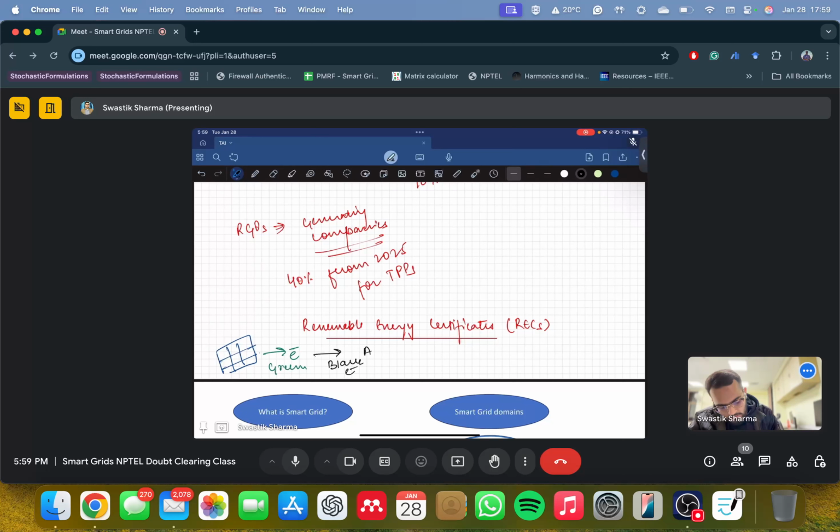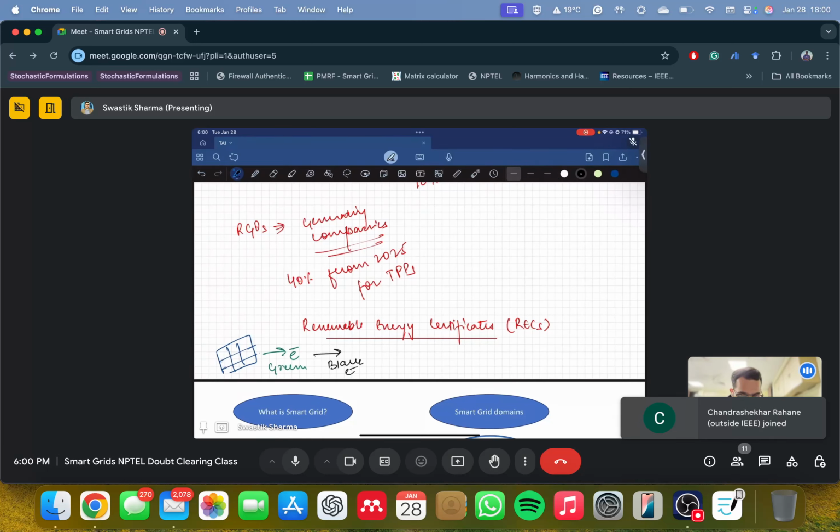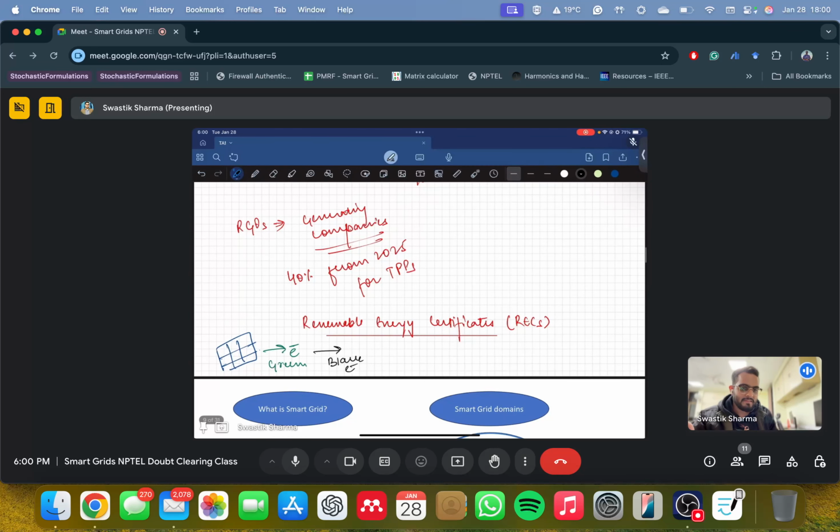the annualized APCC. I forgot the name of that term, but they are sold as black electricity, and what happens is they are given in return renewable energy certificates for the amount of electricity they have sold as black. So they receive black electrons plus RECs. These RECs can be traded at a platform where RPO or RGO obligated companies can come and buy these RECs to fulfill their obligations.